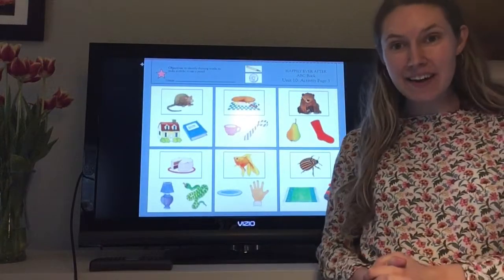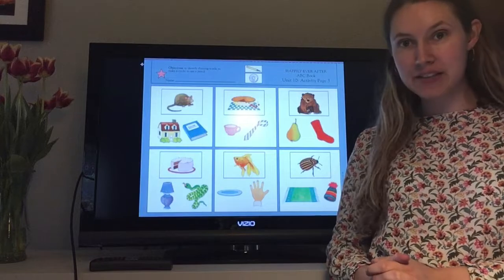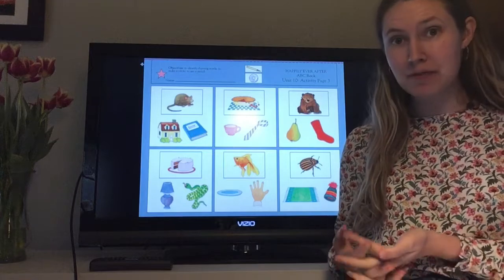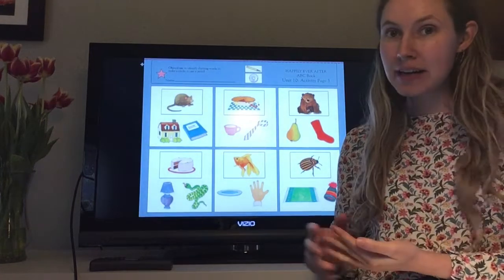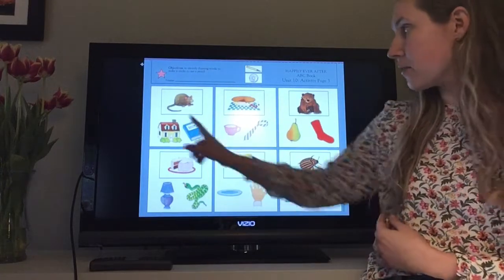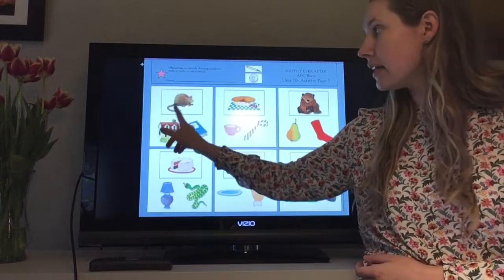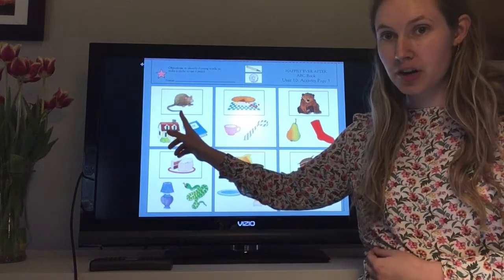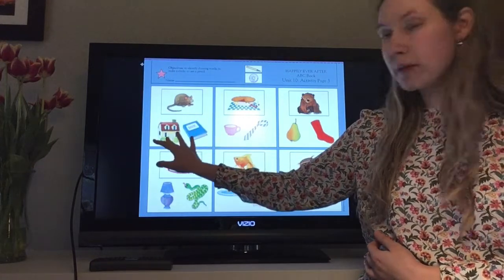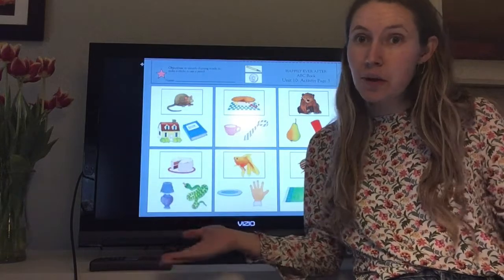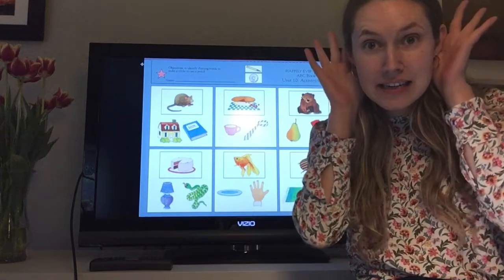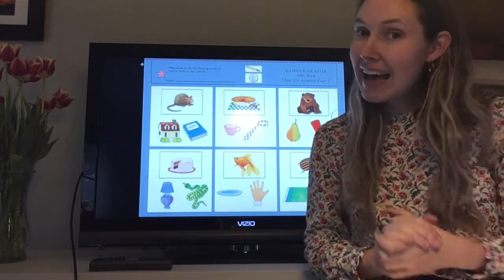All right, TK, here we are. We're ready to get started on activity pages 3 and 4. So remember, our first objective is to identify rhyming words. So we are going to be looking at the pictures in each of our squares here. And in each of our squares, there is a little rectangle. In the rectangle, there is a picture. That is the word we are going to be rhyming to. There are 2 pictures below it, and we need to figure out which one rhymes with the picture in the rectangle. So we're going to go ahead and use our listening ears to listen to the recording and follow the